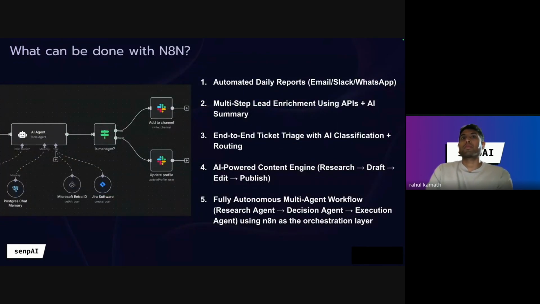Okay, so a few of the things which can be done with N8N, simple to complex ones. You can build automated daily reports, like an email report, which can be sent on your Slack or WhatsApp. Basically, reading through all your mails, categorizing them, and sending a daily summary every morning. Or you can also use it for lead generation. Let's say you want to research across various websites, connecting to maybe LinkedIn APIs or something to get your target leads. It can do that for you.